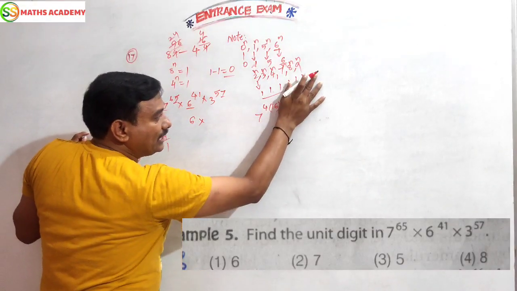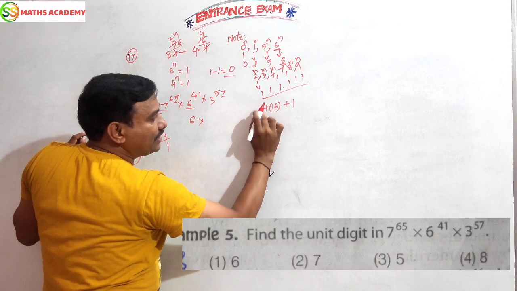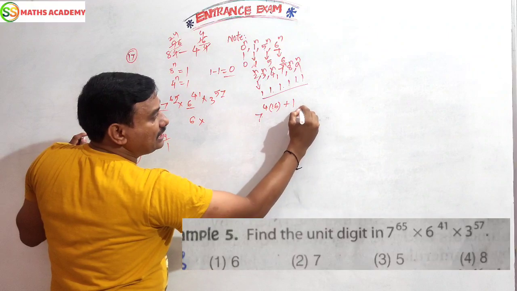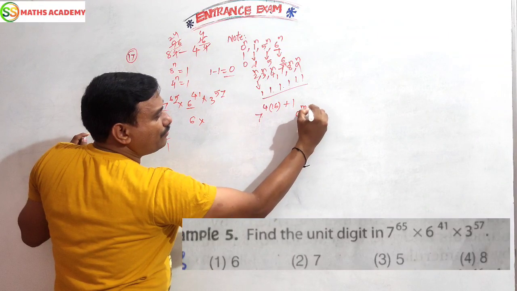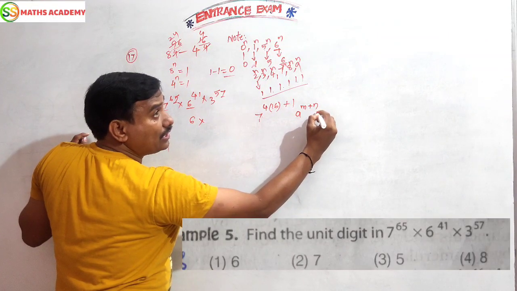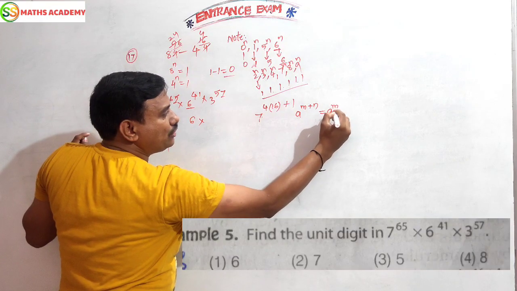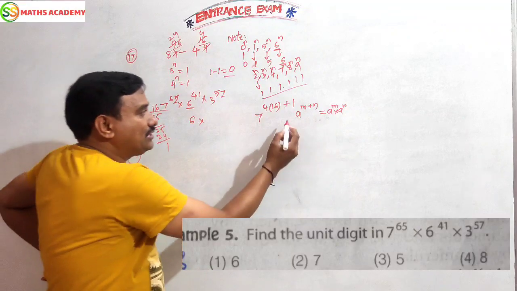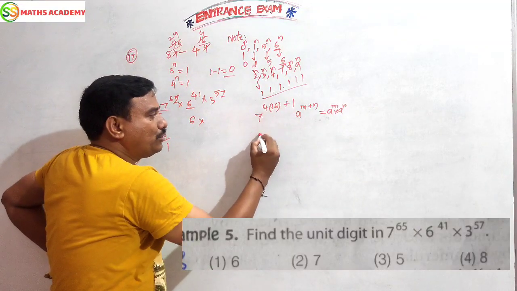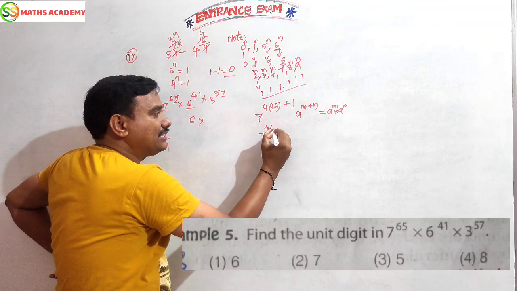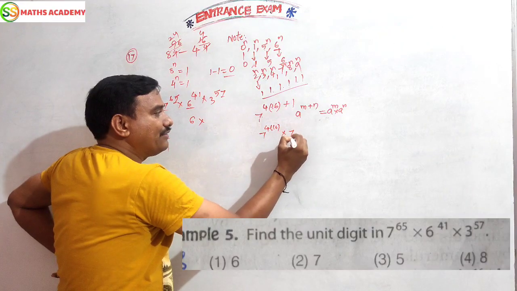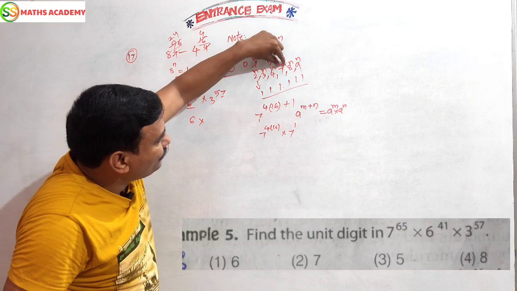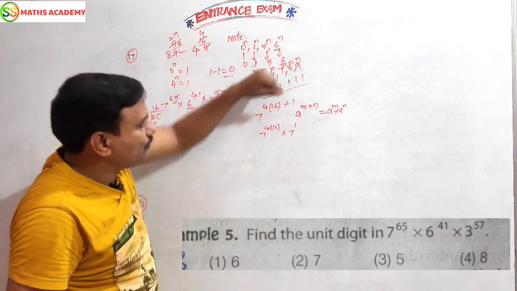So it is okay. It is in the form of 7 to the power of n, and what is the answer? 1. But it is in the form of a to the power of m plus n formula, that means a to the power of m into a to the power of n. So, children, a to the power of m means 7 to the power of 4 into 16, into 7 to the power of 1. It is in the form of 7 to the power of n, 7 to the power of n value 1.